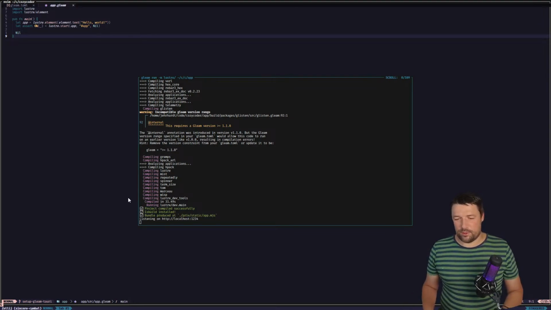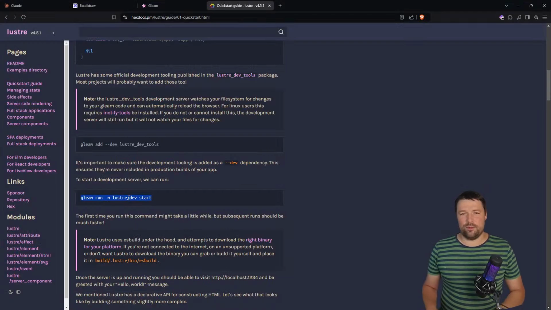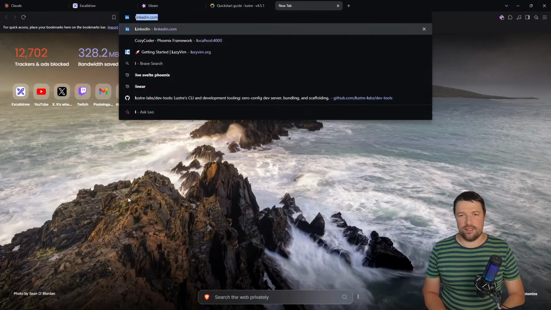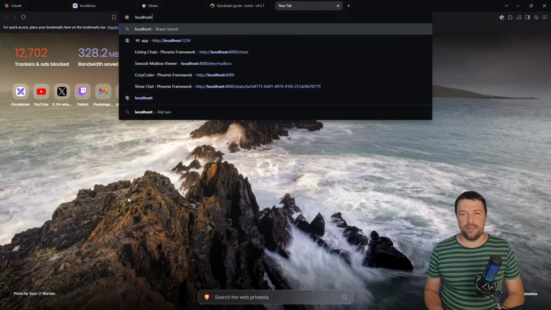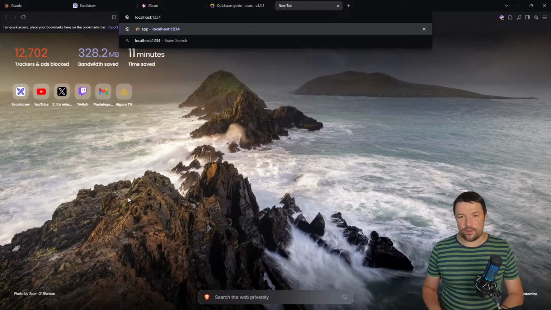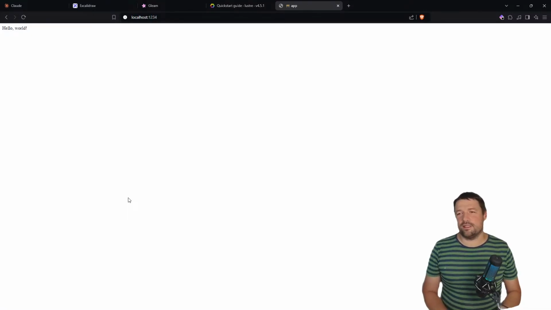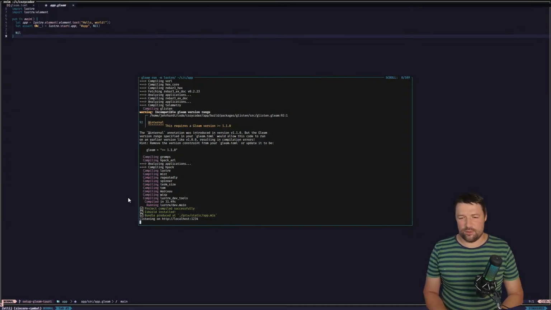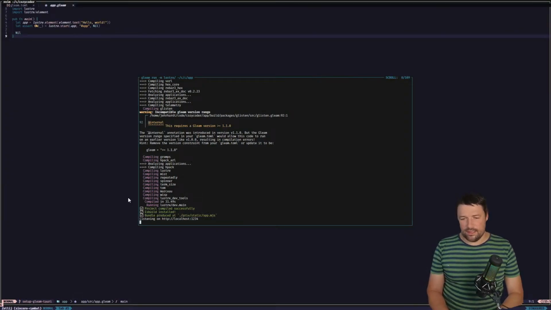And on the wonderful port 1234, we should now see an application running. So let's open this one, not 4000, 1234, and hello world. Yeah, great. So the application is working. That's exactly what we wanted. And